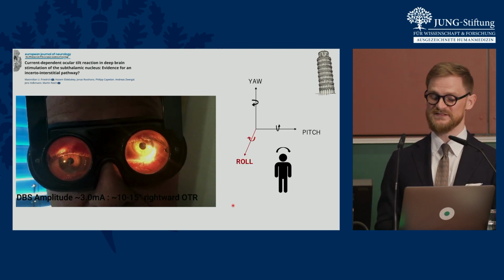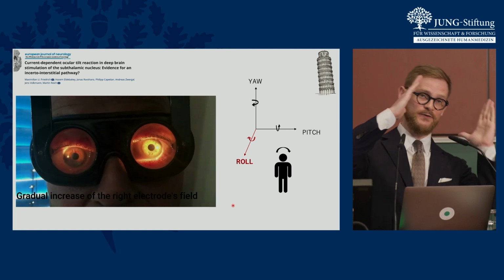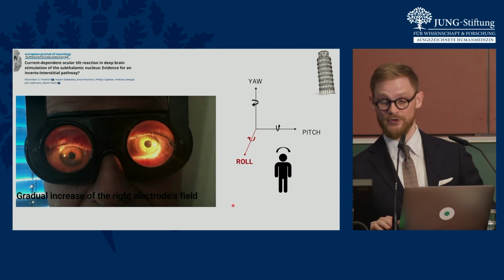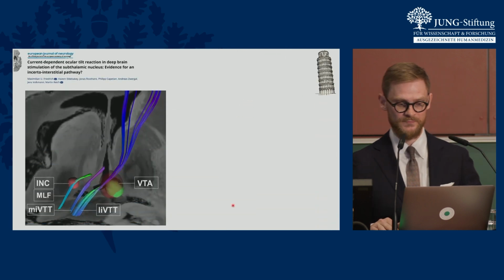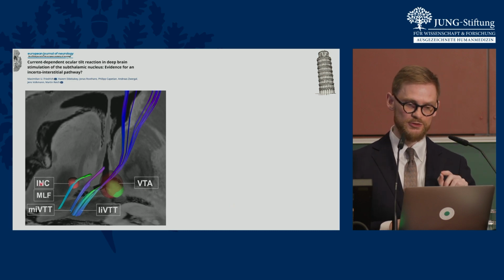So coming back to our vestibular coordinate framework, this is a roll-plane problem. So this is about the vestibular sense of our orientation to the gravity vector. And for this, we have a very good idea where it should live in the brain, and this is the nucleus of Cajal.